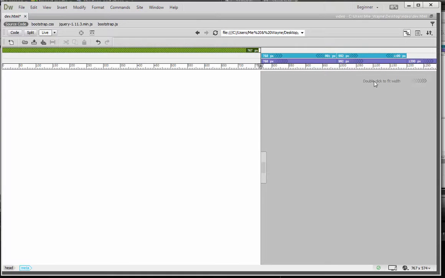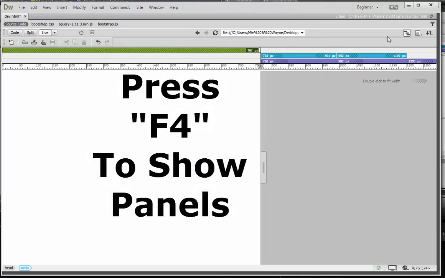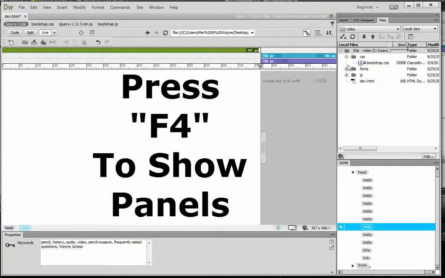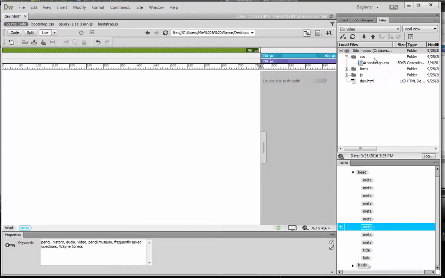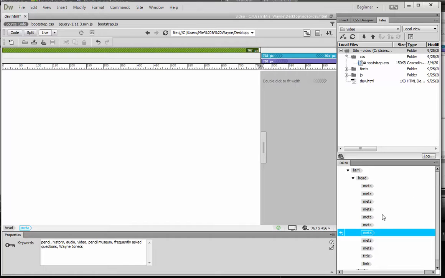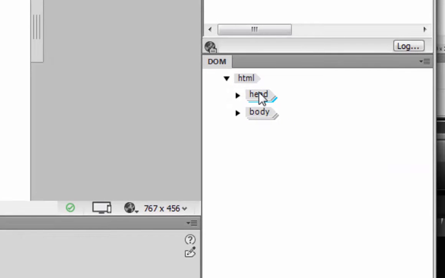I want to bring back my panels because I need to see my insert panel. So I'm going to hit the F4 key on the keyboard, and that restores the view of my panels. What I want to do is add in my navigation bar. So here's how we're going to do that. The navigation bar is inside of the body of our website. Remember we talked about how